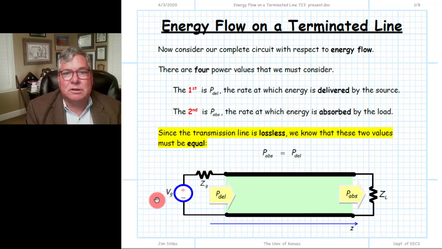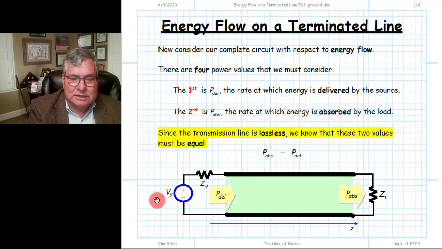Now that we have a full circuit, we went through and we resolved our ambiguity previously with respect to our complex wave amplitudes, and we have an unambiguous expression for current and voltage. Now let's go back and look at energy, power flow, the rate at which energy flows along our transmission line. Now, the first thing we bear in mind is there is a